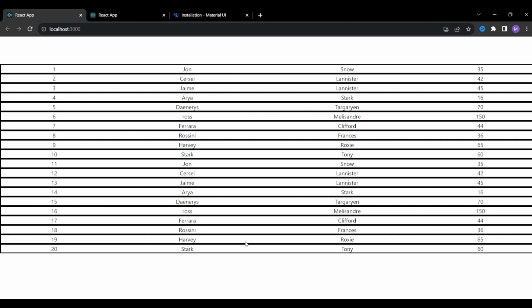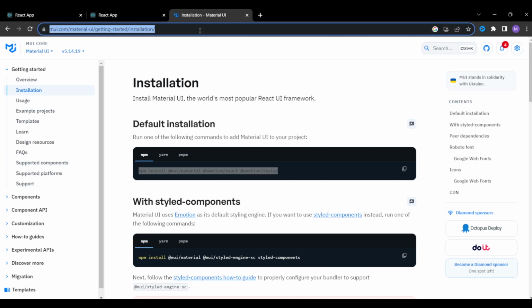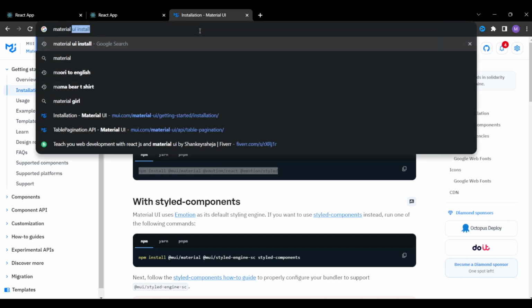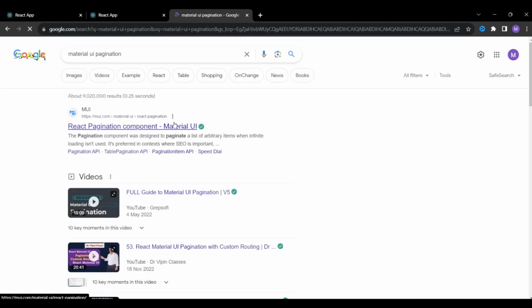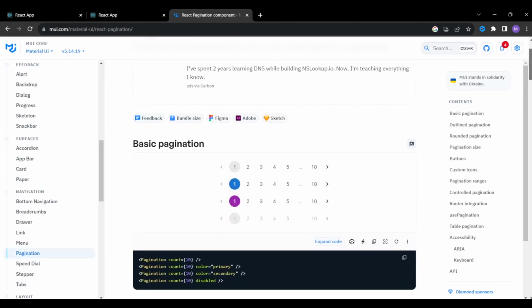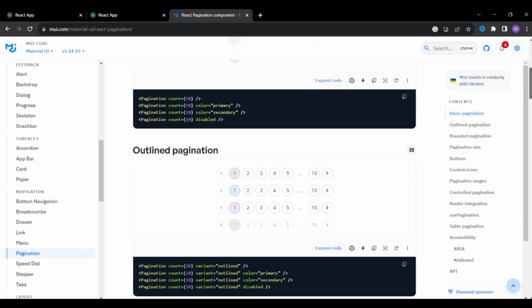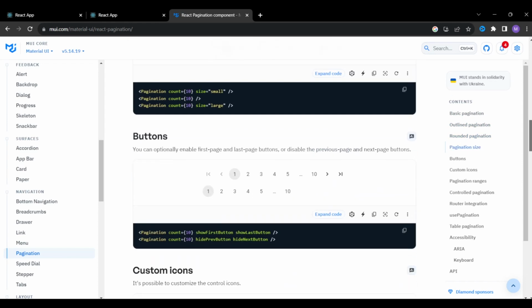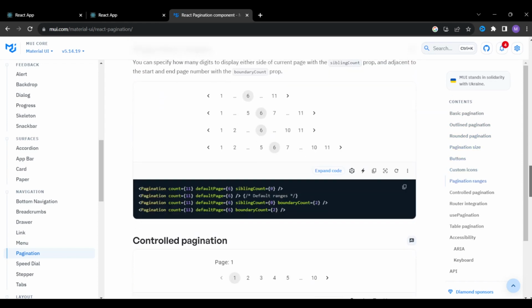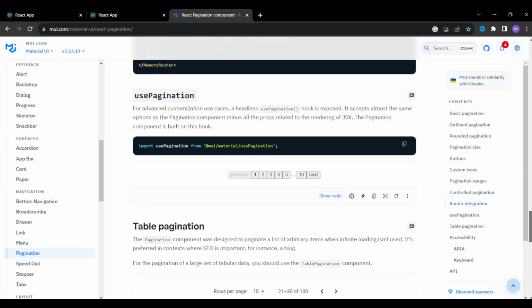So now it's time to build pagination on this table, and for that we are going to use Material UI. I'm going to search for something like Material UI pagination. We are going to check out the first link here. We'll see many types of pagination, like one where the number of pages are listed. We can implement all these kinds of pagination on this table, but in this video we are going to use